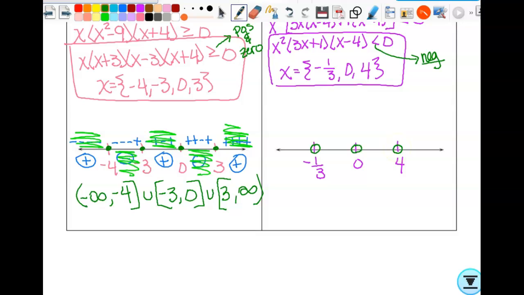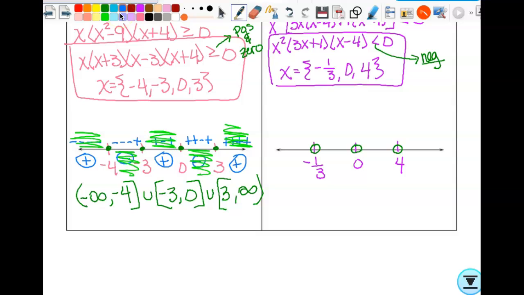Okay. It's important here, even though I realize you could just put closed circles and you could decide whether it was greater than or equal to, that sort of thing. But when we get to rationals, our number line could possibly have open and closed on the same one. So you just want to get used to doing that. Okay, so then let's find our